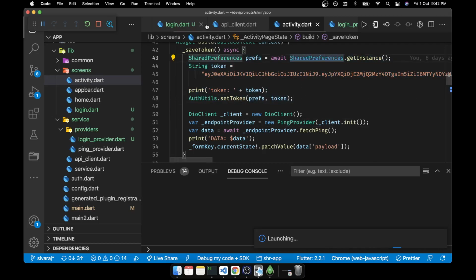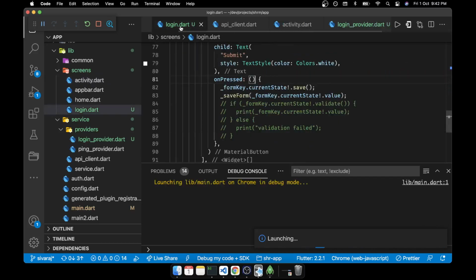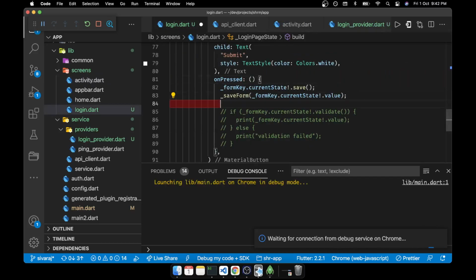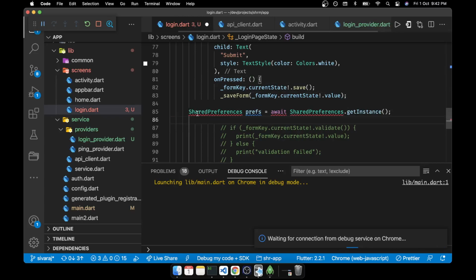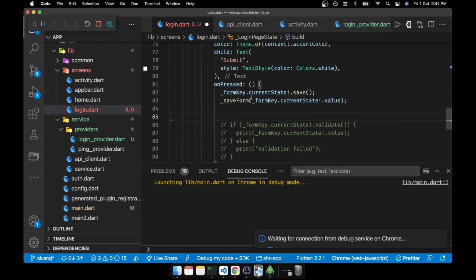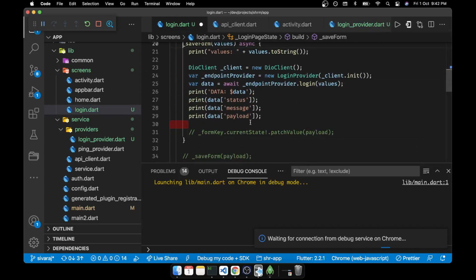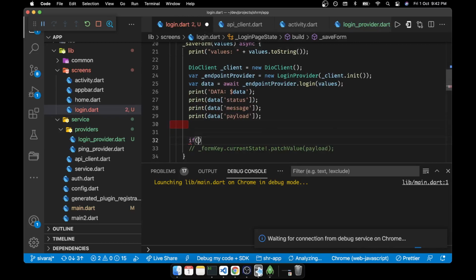So first thing we have to take the shared preferences. Okay. So let's say if payload exists, if payload exists, and then maybe we can use dot notation.